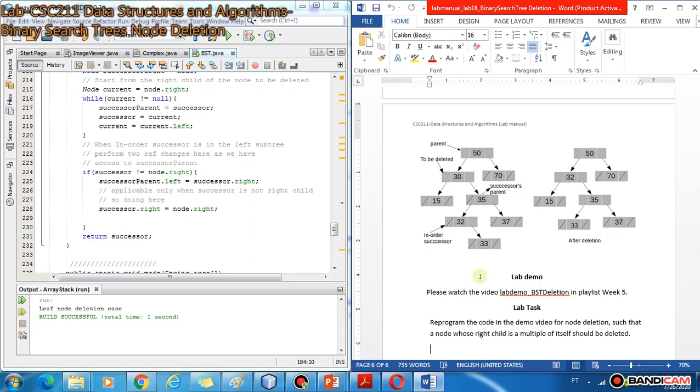First two things: the right or left child of the parent of the node to be deleted should point to the successor, and the left child of the node to be deleted should become the left child of the successor.